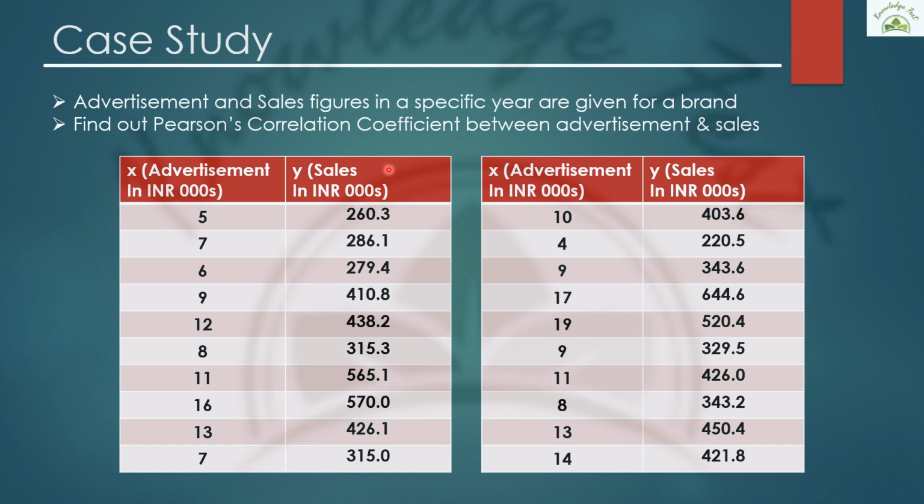Because they need to understand whatever amount they are spending on the advertisement, whether that advertisement is helping them to increase their sales figure. So if they find after this analysis that advertisement and sales are not correlated or not strongly correlated, then they will decide that advertisement is not helping us to increase our sales figure. It may happen that the company needs to redesign their advertisement events and other sales promotions, or they may allocate a smaller budget for their advertisement because it is not really helping them to increase their sales